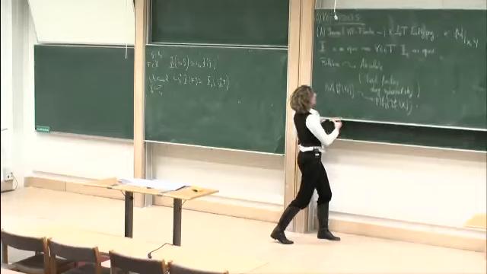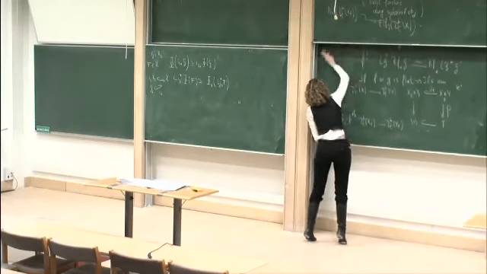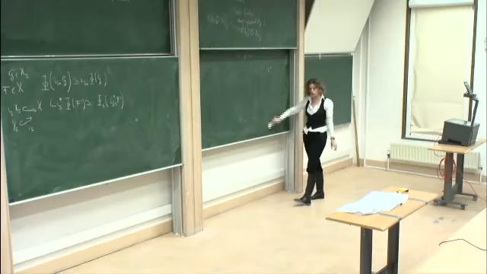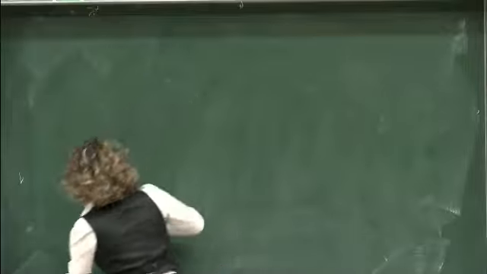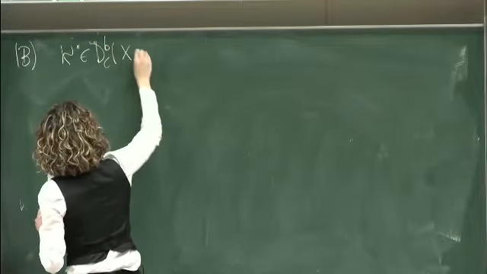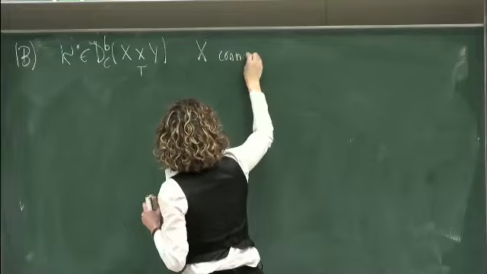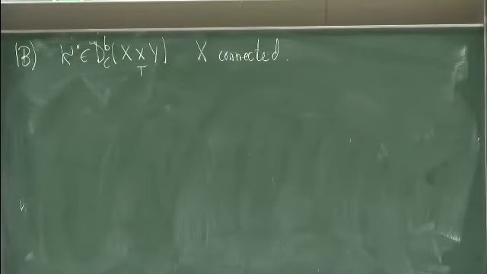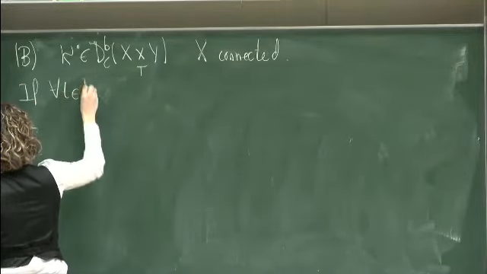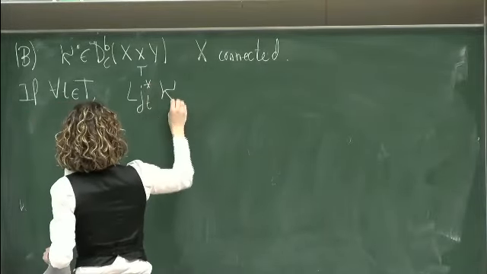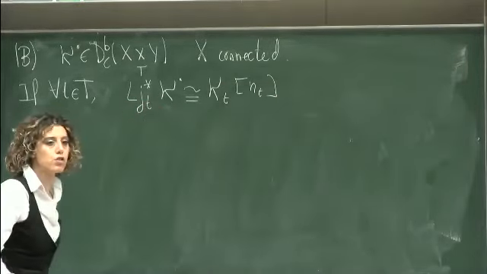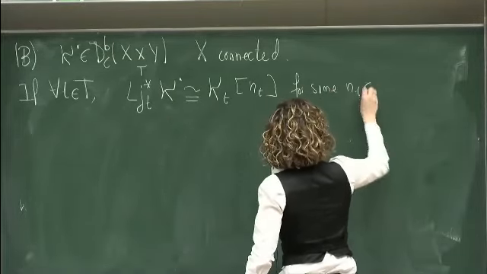You need that the kernels of all of these functors, the relative ones, are just shifted by some degrees. And then we prove the second key result, that tells us that this happens precisely if the same property holds on fibers. So, key result B: if you have an object here and your X is connected, and if for any t the restriction of your kernel is just a shift, shifted by some degree that could depend on the fiber, n_t,